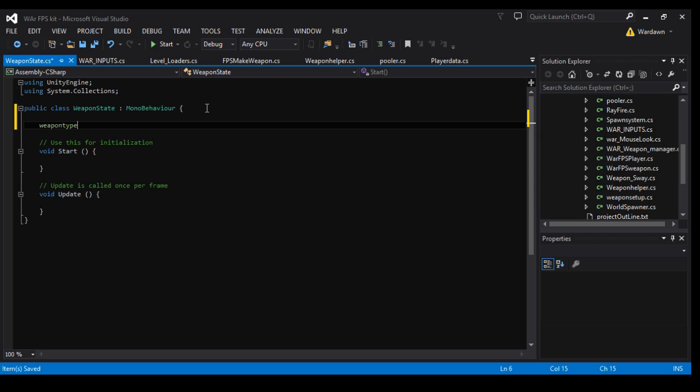This is a thing that you can do: a public weapon type, and I'd much rather use an array of them. All right. Well, because we do this and everything,